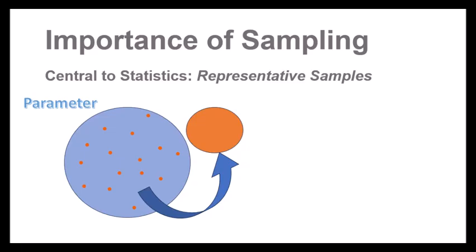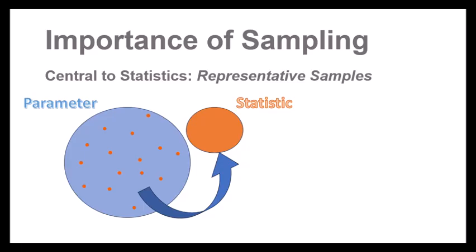For example, say we are looking at a population of all voters in a particular area, and we want to estimate what percentage of all voters would support a particular ballot measure. So that is our parameter. Because we can't really survey every single voter, we would select a sample and then poll the people in that sample and create what's called a statistic. So the statistic would be what percentage of the people that we poll support that ballot measure.